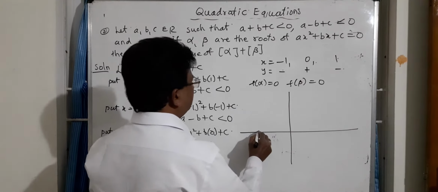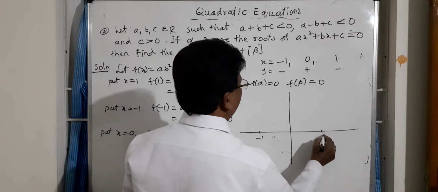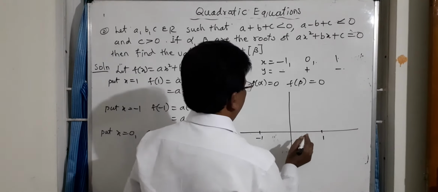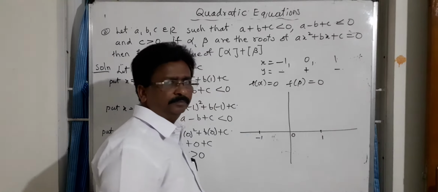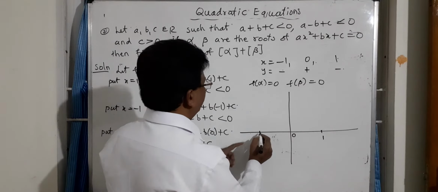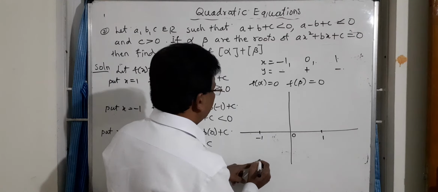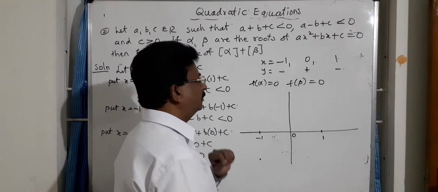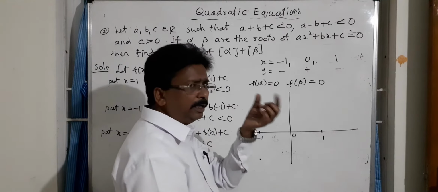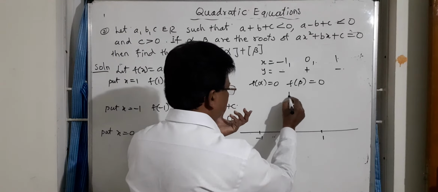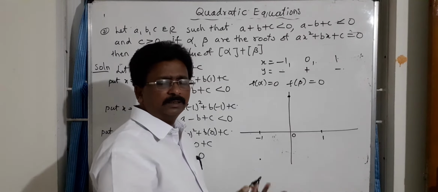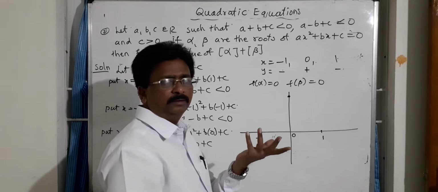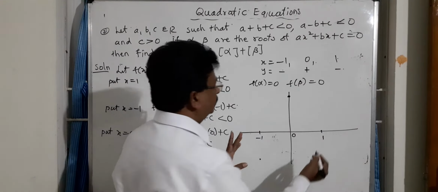Where does the point -1? Here -1, here 1. Okay. 1. Here 0. For -1, the y coordinate is somewhere in the third quadrant. Anywhere you can put, anywhere. For x equal to 0, the corresponding function value, any positive number, you put somewhere here. Value is not necessary. For x equal to 1, again the corresponding y coordinate is a negative, somewhere here.